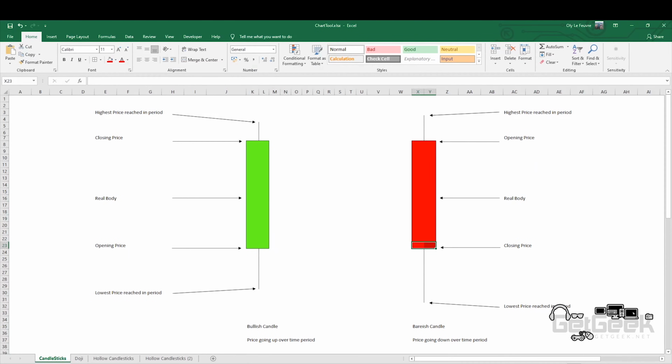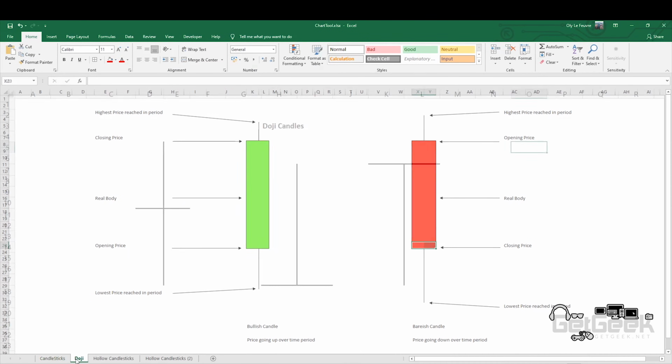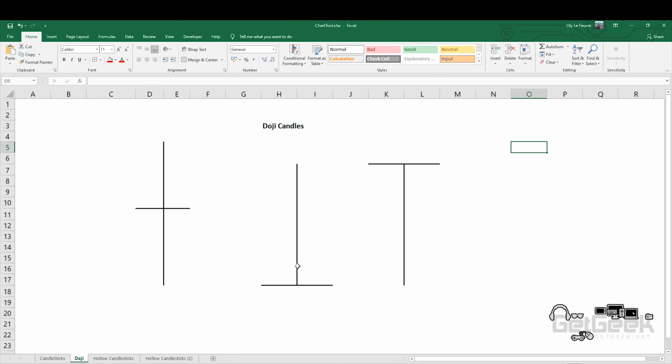Now, another type of candle you may see are doji candles, which look like this. Now, these are where the price opens and closes at the same or very near the same price. So we end up with very little body. So on these, price can move quite a bit in the time period, but it closed on or very near